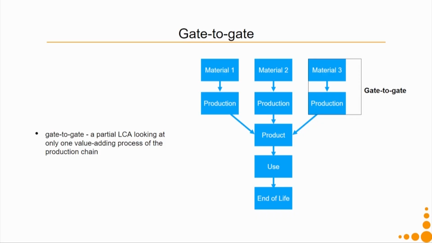And maybe this will trigger us to develop new products, say, for example, sensor based switching mechanisms, or a sensor which says your air conditioner is overloaded, so please close the windows. The next subsystem definition can be gate to gate. In this case, a partial LCA is being done of one particular chain only. So, here you can say I just did it for the material 3 and its production. So, one particular product's gate to gate.